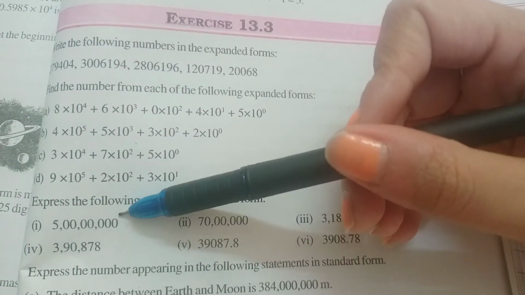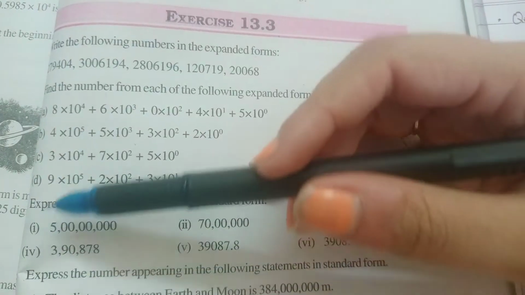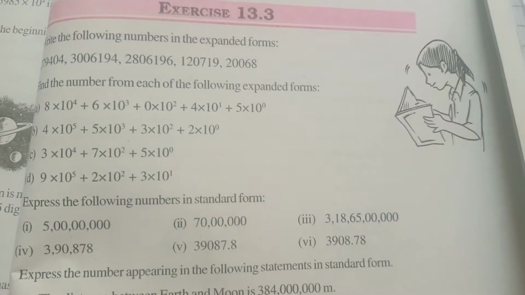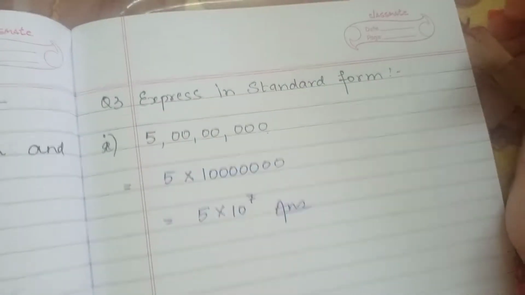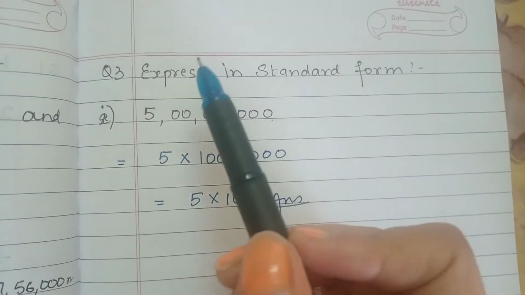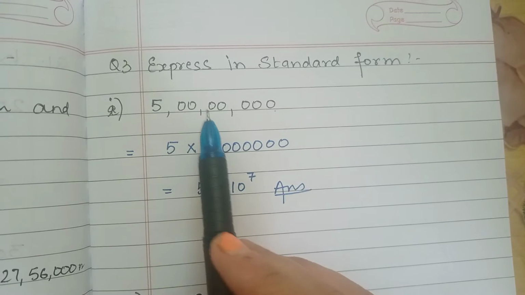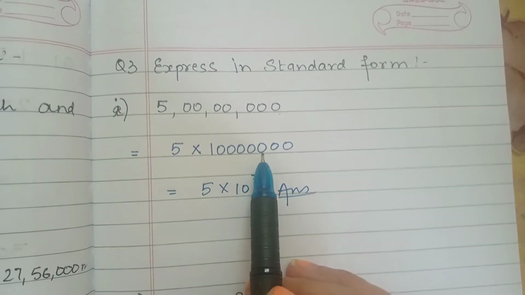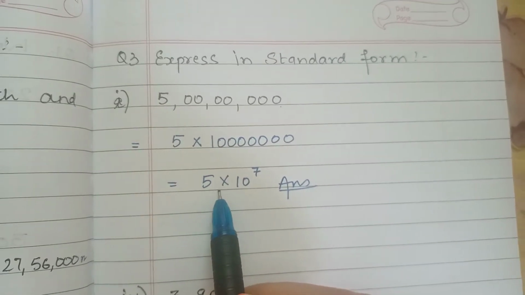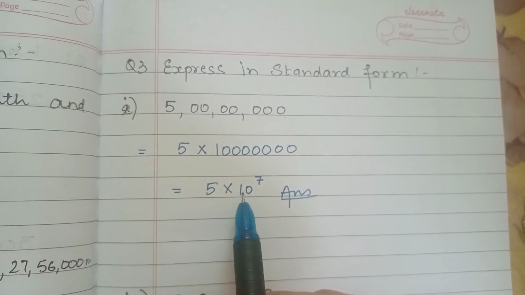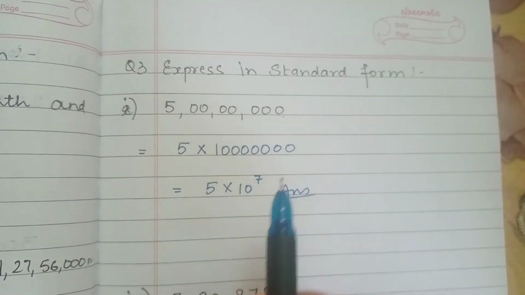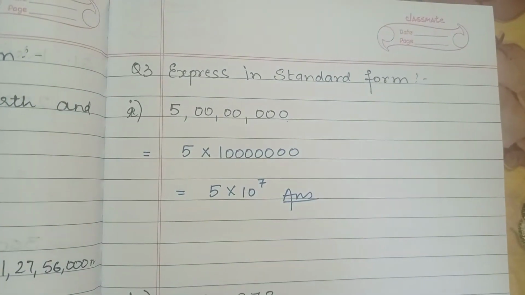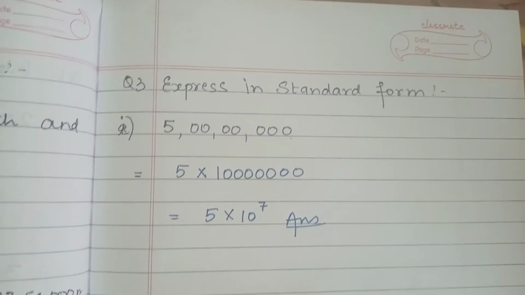So what we are going to do is, let us start with the first part. It is written 5 0 0 0 0 0 0, which means 7 zeros are written with 5. So how can we write it in the easiest form? You can see 5 with 7 zeros. I have separated 5 from these zeros, and now we can write it in exponential form: 5 multiplied by 10 raised to the power 7. This is also known as exponential form, as well as standard form. So this was your first part.